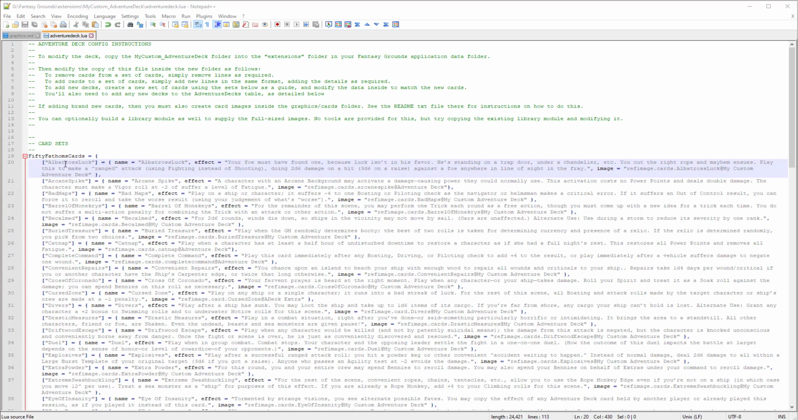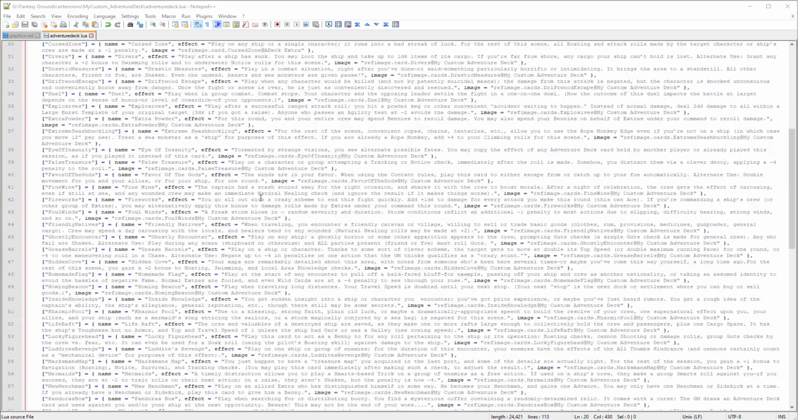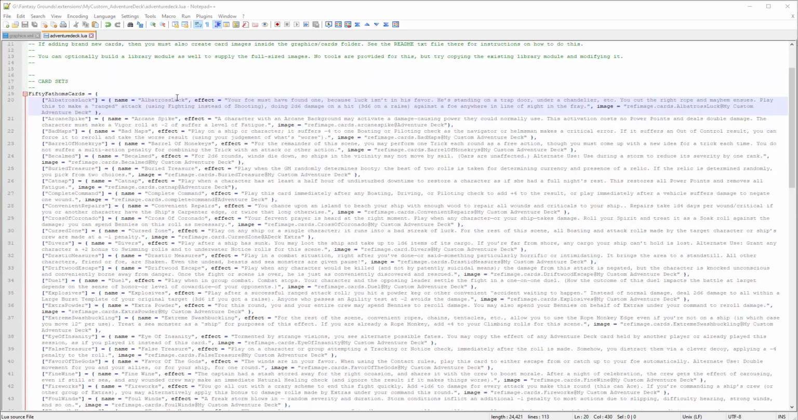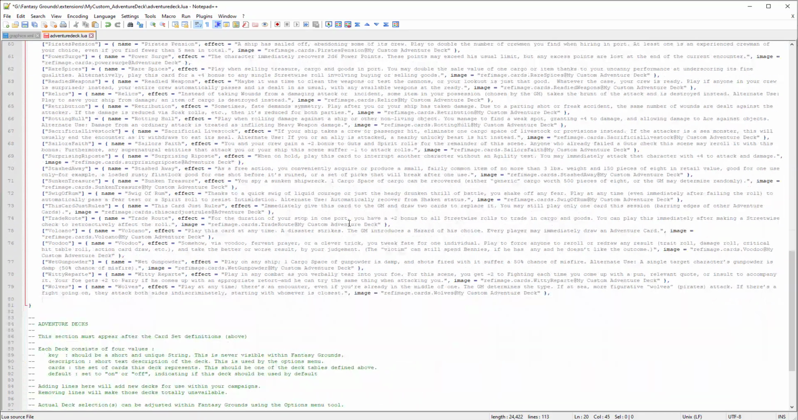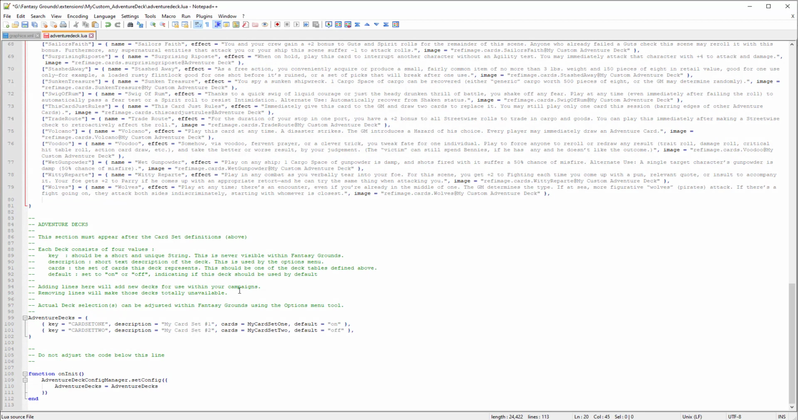So I've added in a 50 Fathoms card deck, and you can see here is the definition for all the cards. So we have the name of the card, the displayed name of the card, the effect of the card, and the graphics location. So then the next thing to do is we need to define the adventure deck. Now the adventure deck